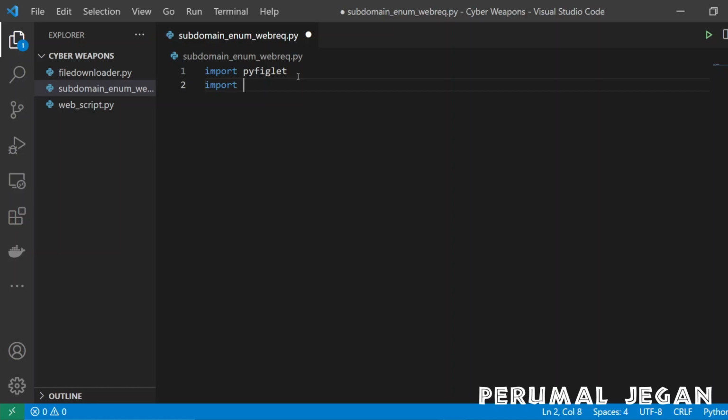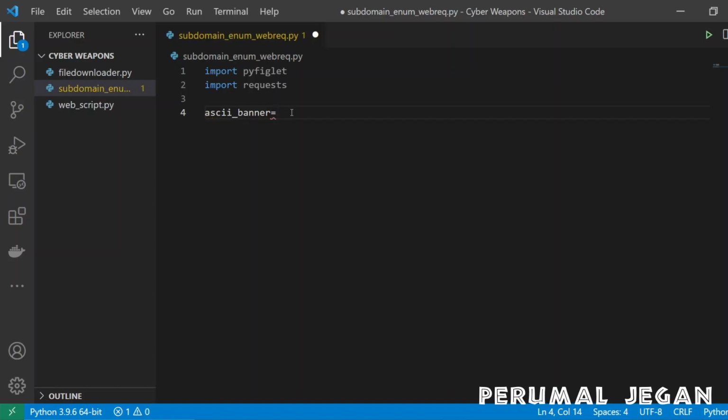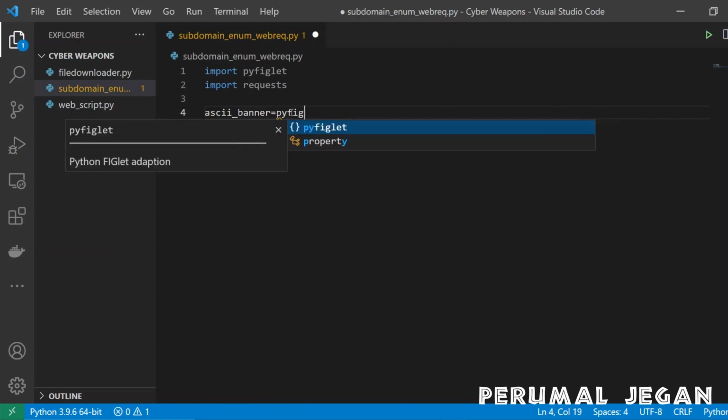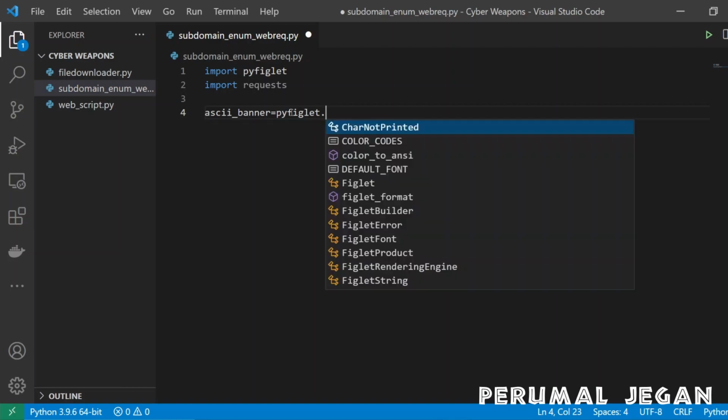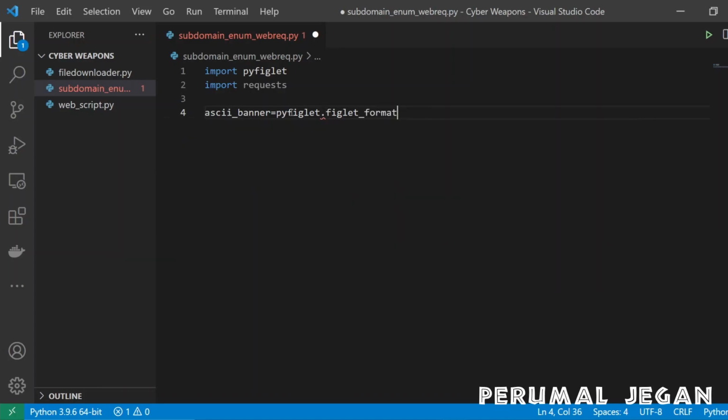Next, I am importing the requests library too. The very first thing I'm going to do is to display the banner. So I'm calling it ASCII banner. I created a variable and I'm calling the PyFiglet library here, and I'm going to call the function figlet format.